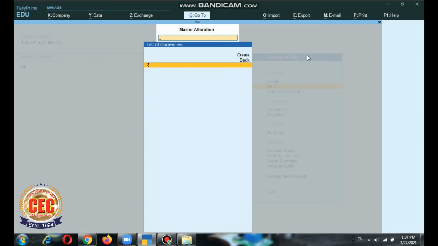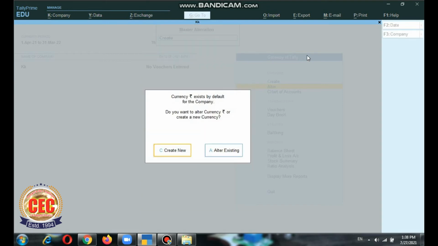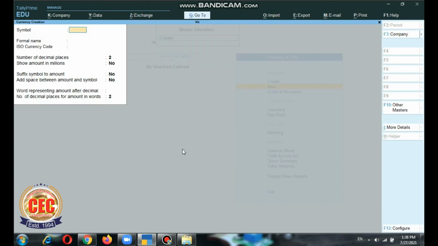Now here we can see the Indian rupee symbol has been shown, or you can enter different currency symbols. For that you will have to go to the Create option and then select Create New. Here you can enter different currency symbols for different countries and set them up.